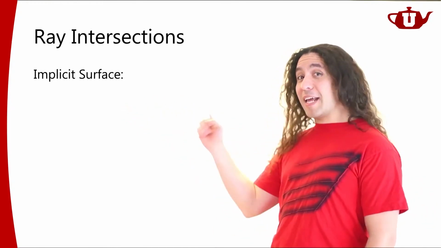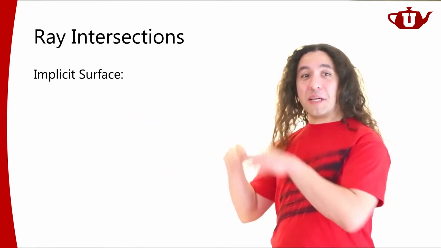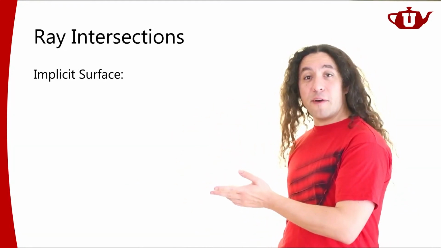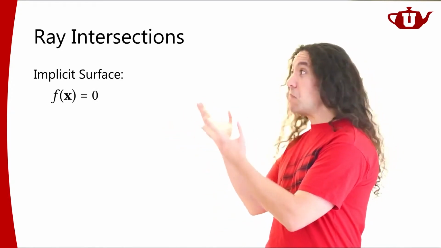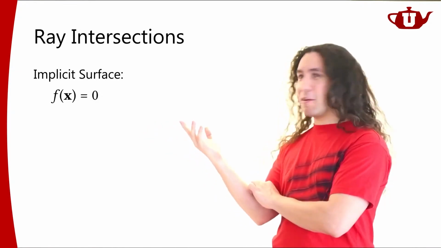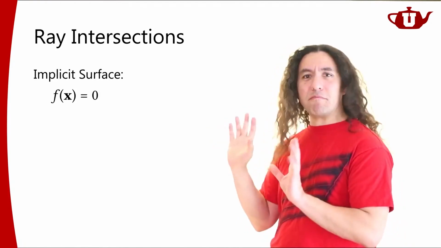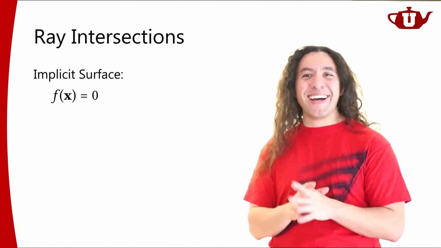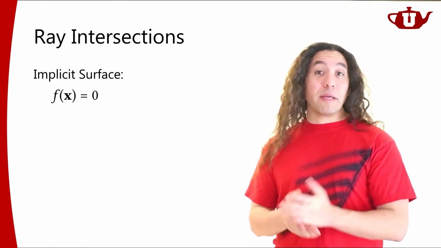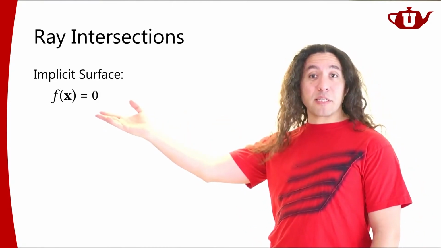Implicit surfaces are not easy to render using rasterization, right? With rasterization, we were taking triangles and projecting them. But if I have an implicit surface defined by a function like this, rasterizing it is very, very hard. Actually, I don't even know if it's possible. In some specific cases we might be able to, but in general, no. That's one of the reasons why the rasterizers that run on our GPUs just render triangles. But with ray tracing, we can easily handle implicit surfaces.